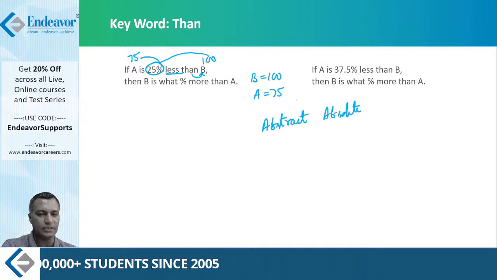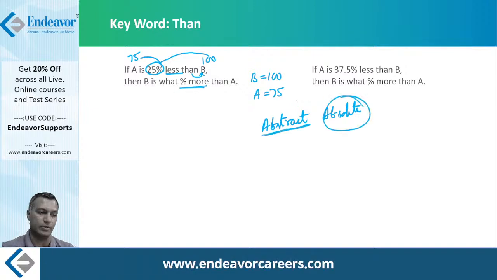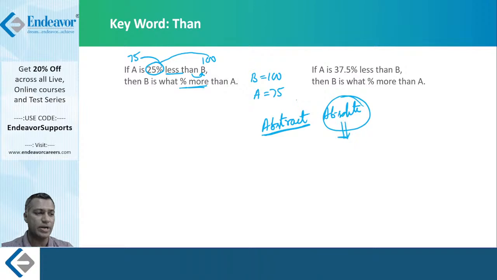When the percentages are abstract, the answers, look at this, what percentage more? It's abstract. Absolute means I want a number, the actual numbers. If you want an absolute number as an answer, that is 25 less. I'll assume that this question is to do with some apples, right? How many apples less, etc. Then you have to count and tell. Percentage on the other hand is abstract in nature. So if you're talking from an abstract perspective, dummies will work. So you should know when the dummies will work.